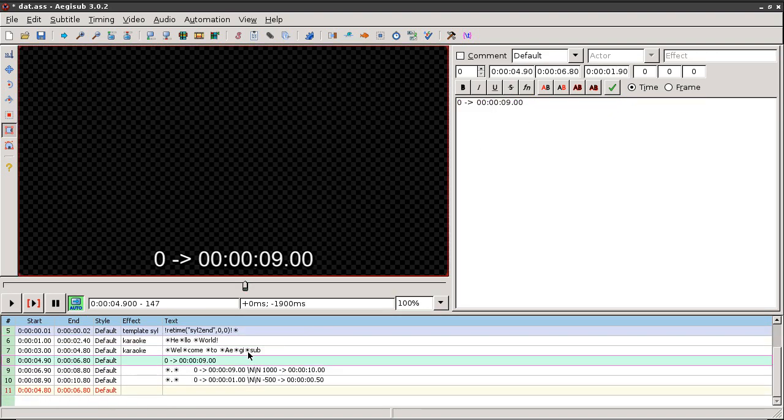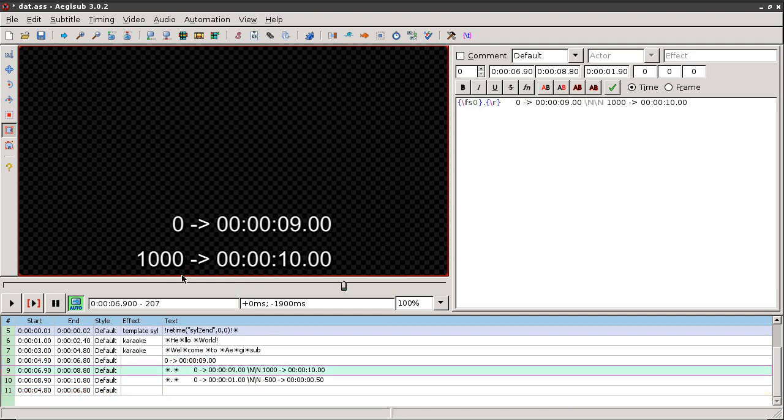So for example, if it is 0 and the template creates either a start time or end time at 9 seconds, the result will be 9 seconds. And if you specify a positive value, the time will shift forward, so from 9 to 10.